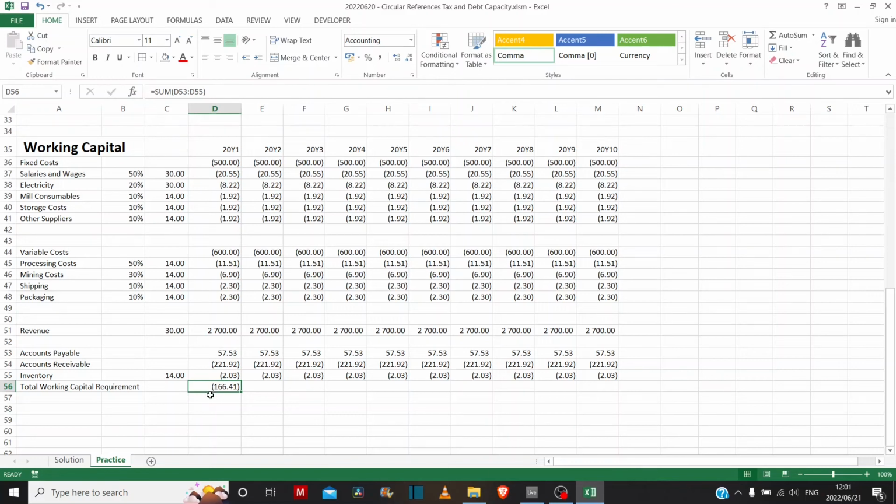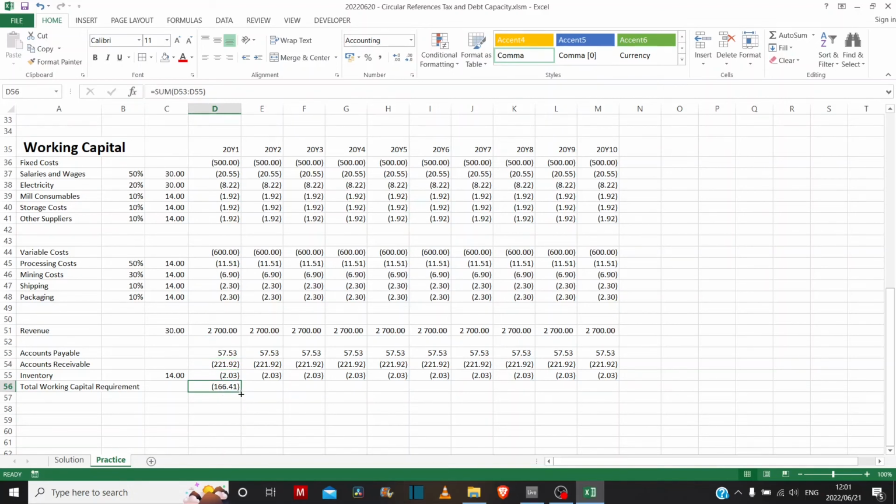So companies would typically raise these facilities as overdraft facilities, or they could just make sure that they have enough cash on hand, 166 million of cash on hand, in order to keep on funding their operations while they are waiting for their customers to pay them. And as well, that's offset by the amount of money that's sitting in their bank accounts that is due to